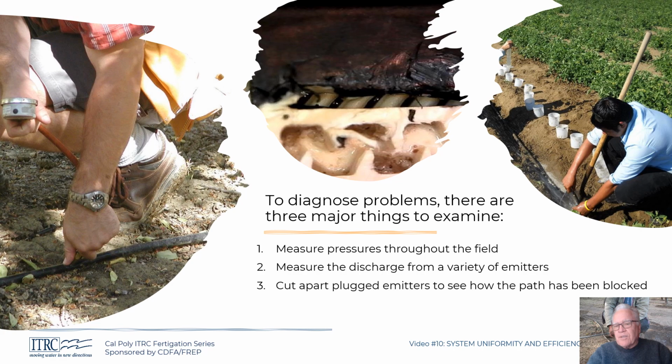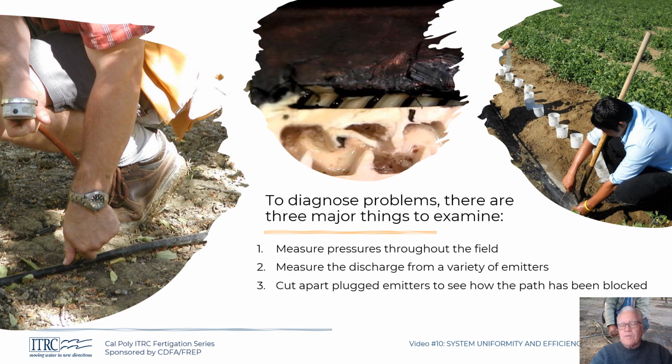Of course, the next thing is you have to cut apart the emitters that are plugged, and you have to actually expose the pathway. You don't just cut the hose, because that doesn't show you anything. You have to kind of whittle away at the emitter itself until you can see the path, and then you look in there. Sometimes, believe it or not, you have to use a magnifying glass, and for example, roots